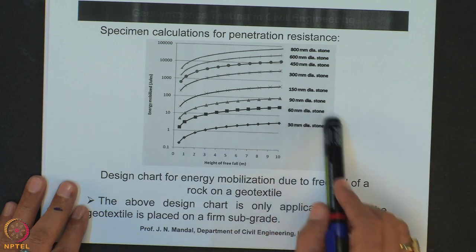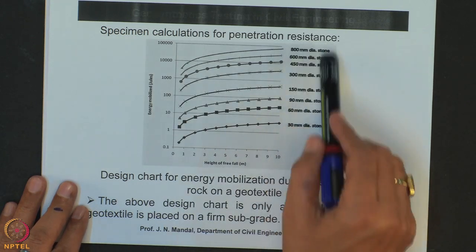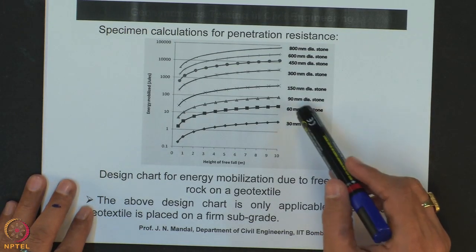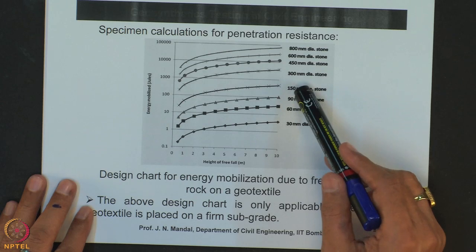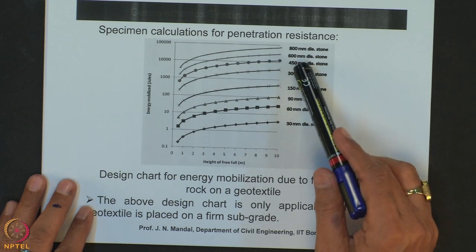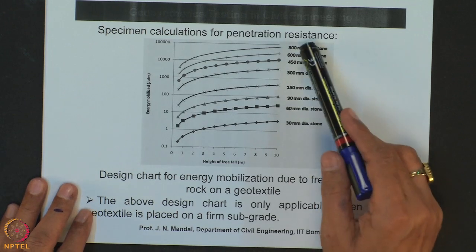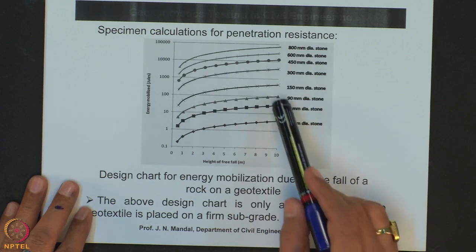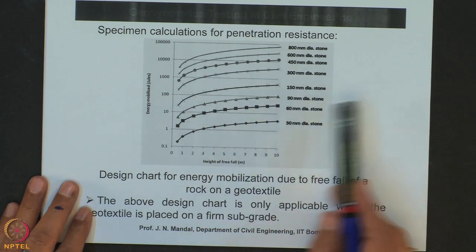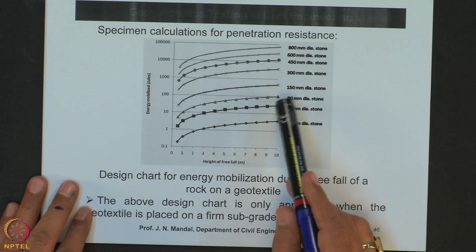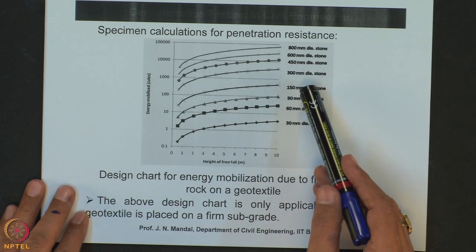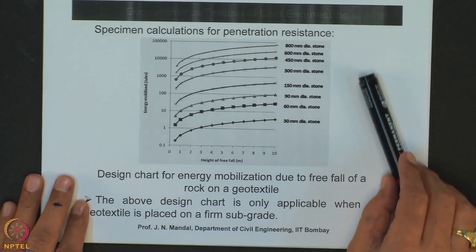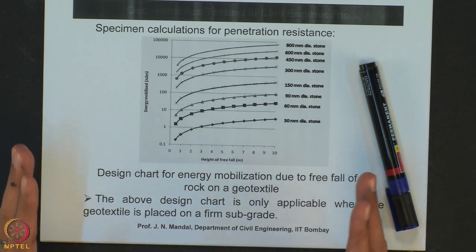So, for the different diameters of the stone, it may be 50 millimeter, 60 millimeter, 90 millimeter, 150 millimeter, 300 millimeter, 450 millimeter, 600 millimeter or 900 millimeter. So, this is the design chart for energy mobilization due to the free fall of a rock on a geotextile material. This design chart is only applicable when the geotextile is placed on the firm